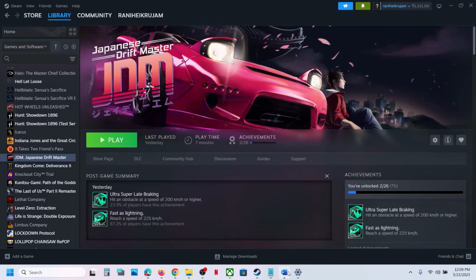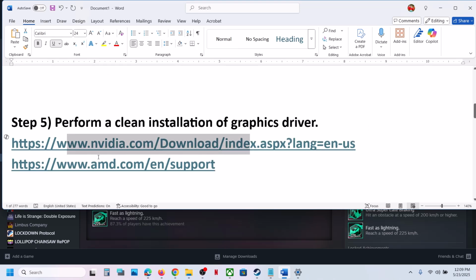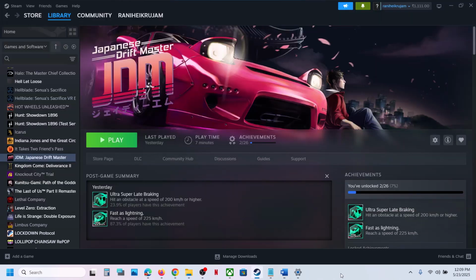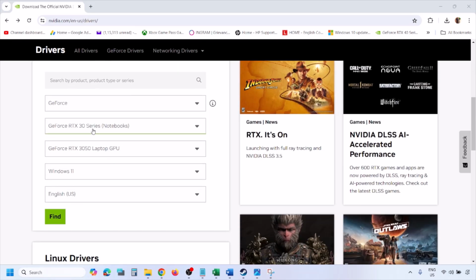Now the next step is to perform a clean installation of a graphics driver. So if you have NVIDIA card, go to NVIDIA website. If you have AMD card, go to AMD website. I'm showing for NVIDIA. So to perform a clean installation, go to NVIDIA website and then select your graphic card